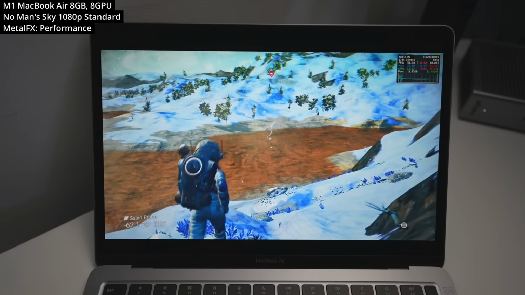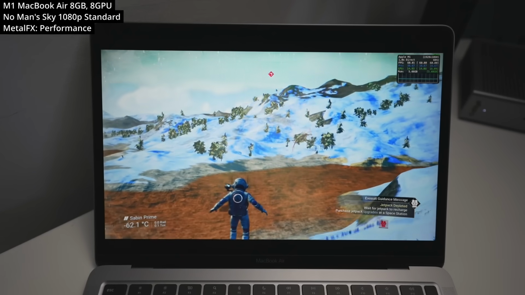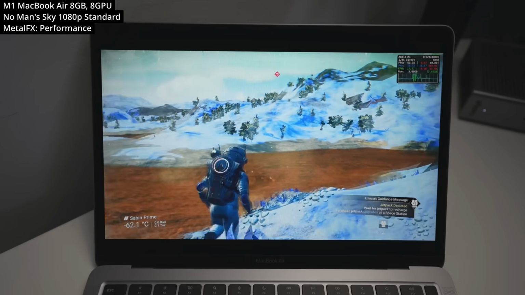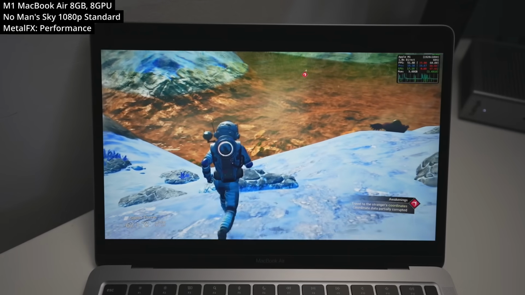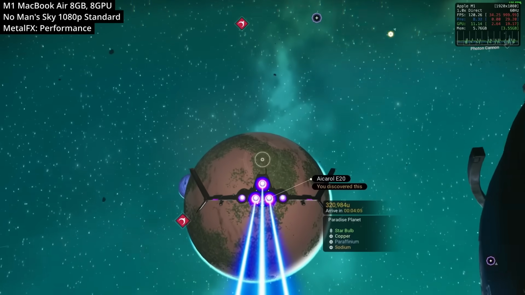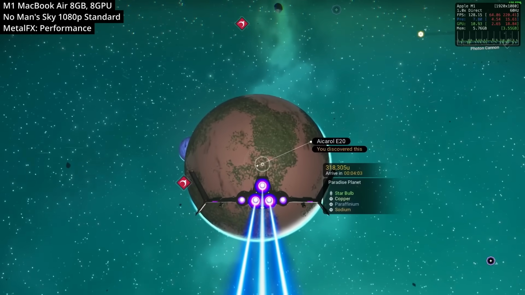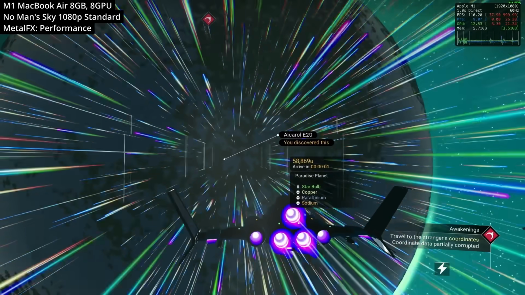So this game originally came out on PlayStation 4 and Windows back in 2016, and it's been continually updated with new content and features over the years, finally receiving its optimized macOS port in June last year. So here we're running at 1080p at standard performance with Metal FX turned onto performance mode, which means it's being upscaled. However, the game still looks really good, and as a bonus, we are running at over 100 FPS in